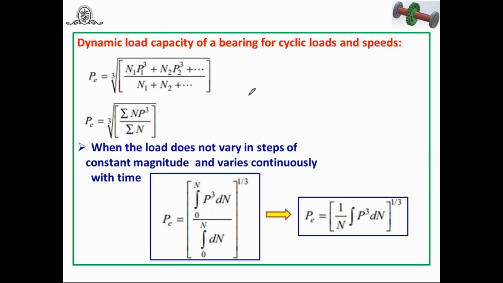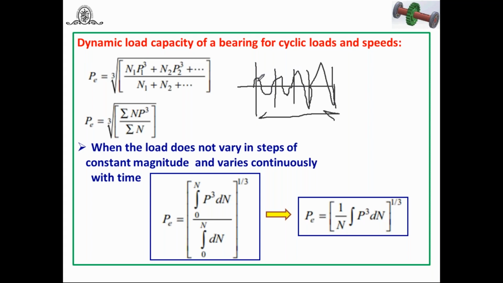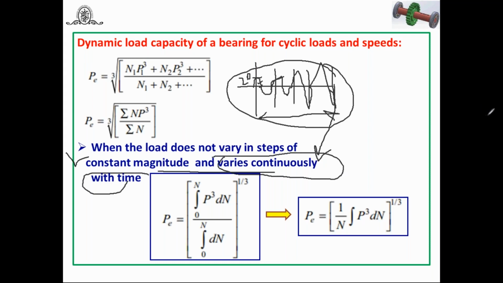Only here, these fundamentals you have to use to find the dynamic load capacity of the bearing. But as I have told, in some cases, suppose these are the 3, 4 elements and this is one complete cycle. You can consider this is one cycle, this is the second cycle, this is the third one, and this is the fourth one, like this. Here the load is, suppose, P1 is equal to 2. Again it goes down, here it becomes 0, then again it varies. That means this case is the varying load condition. And when the load does not vary in steps with constant magnitude, that means it varies continuously